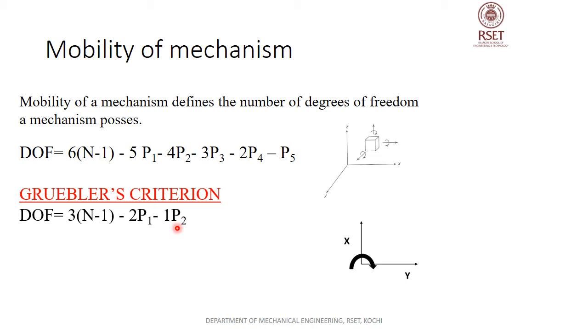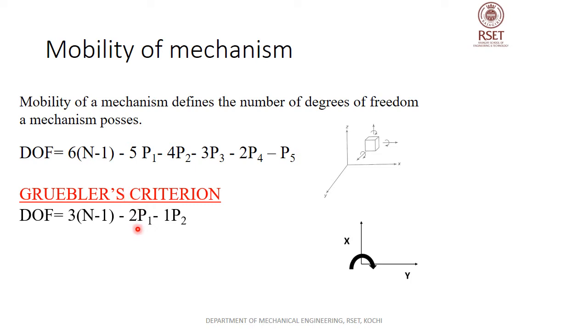So for the other terms, there will not be 3 degree of freedom cases or 4 degree of freedom cases. That is why there are no terms like p3, p4 and p5. In this case there is no p3, p4 and p5 because we know that the maximum possible motion is 3 degrees of freedom. That is why only p1 and p2 are included in this equation.